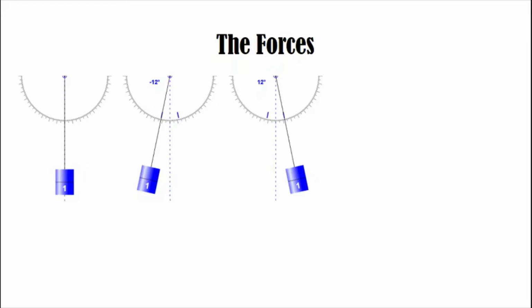In these three views of the pendulum on the left, we've got the pendulum at equilibrium, and then the next two views show the pendulum at an extreme of 12 degrees to the left or 12 degrees to the right from its equilibrium position. At both of those orientations, the pendulum is experiencing an acceleration that you will notice points back down at an angle towards equilibrium, because remember, the end of the pendulum is following a circular path, which creates a bit